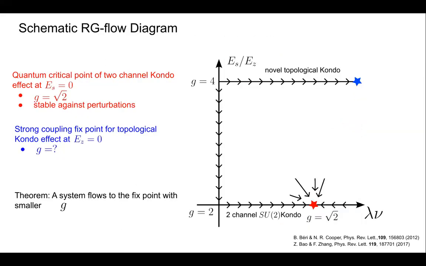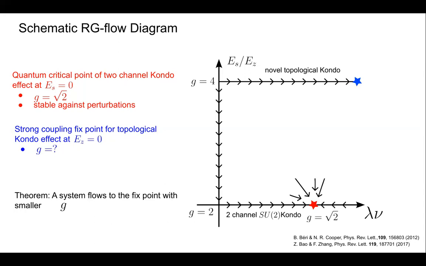And now we can start to draw some kind of schematic flow diagram. So we know we have this normal topological Kondo effect up here, where ES is much larger than EZ. We have these two channel phase discussed by Invariant Cooper down here. Also, we know, I mean, we calculated it, but I didn't show it because this is not interesting. This point here is stable against perturbations in EZ and has a G of square root of 2 because it's a two channel. And we now have this G theorem that says that